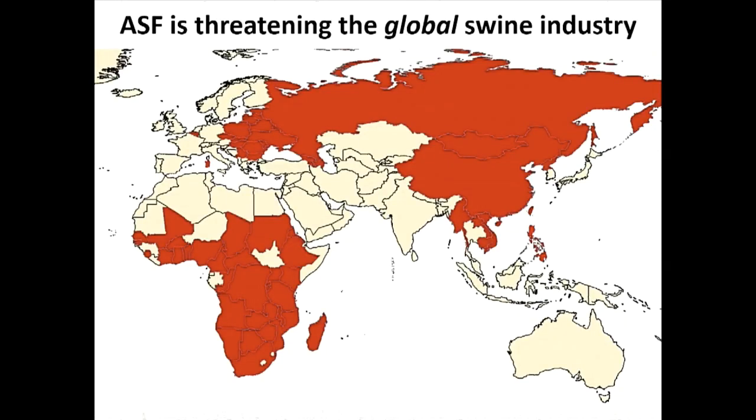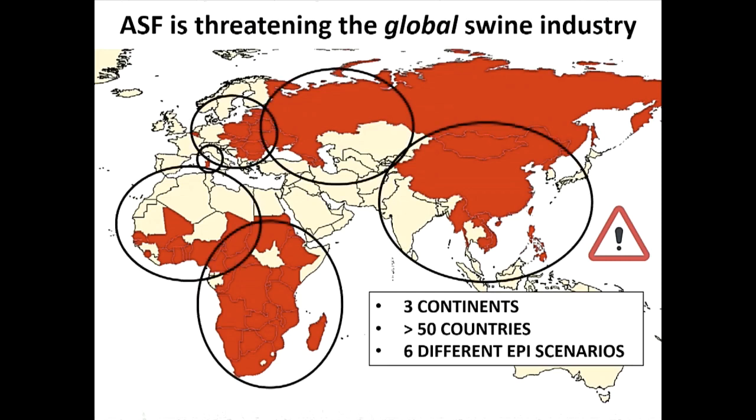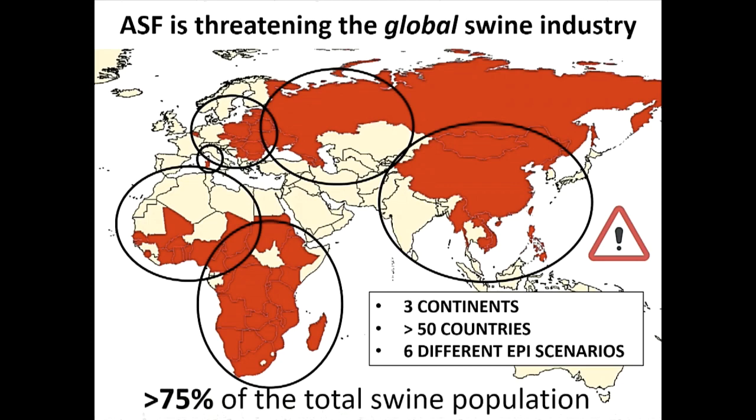As you know, African swine fever is today the biggest threat that we have in the swine industry. The reason is that, as you can see, three continents are already affected, more than 50 countries, and they have 6 different scenarios. So today, what I want to tell you is what the key points are, and what the differences of African swine fever are in the different 6 scenarios. These are the 6 scenarios that I have for you. Probably I have to skip all of them, but I will try to do my best.